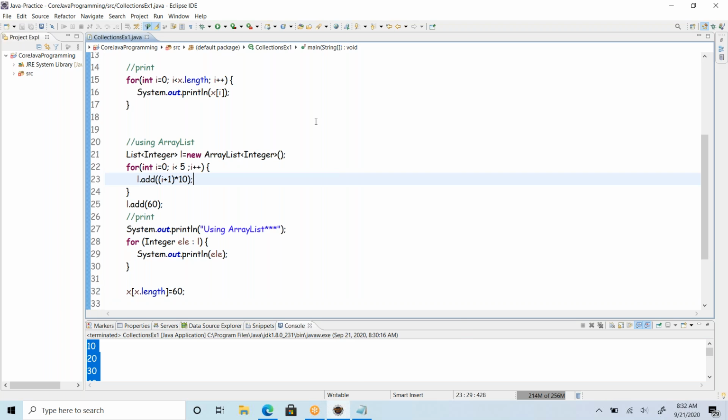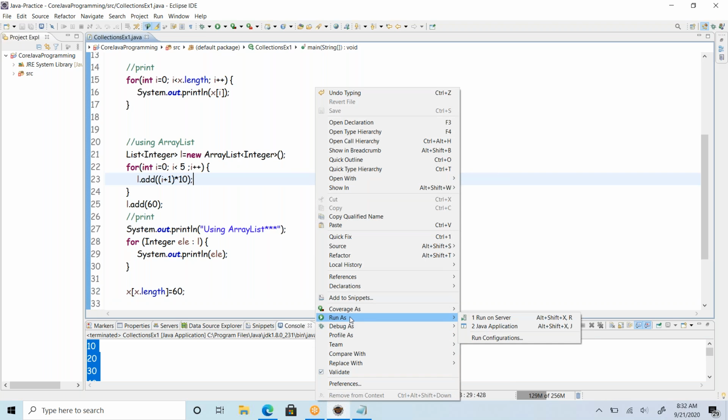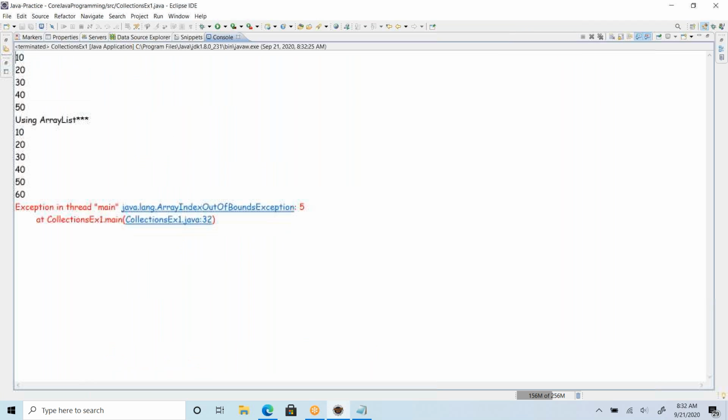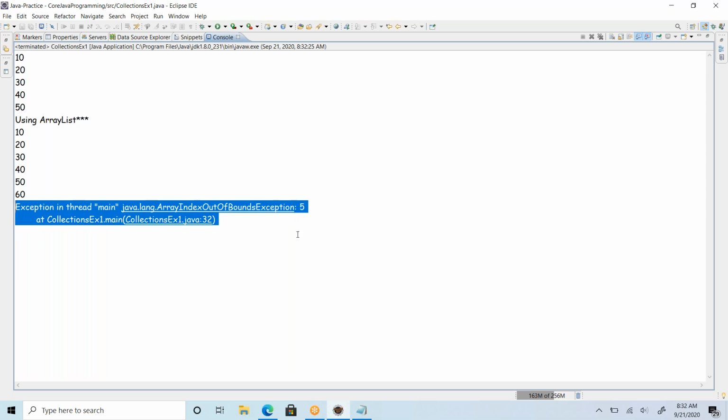Now see how these are going to work. Run. Can you see now? So array list is added happily the extra element and printed. But when you try to add the element to the array,